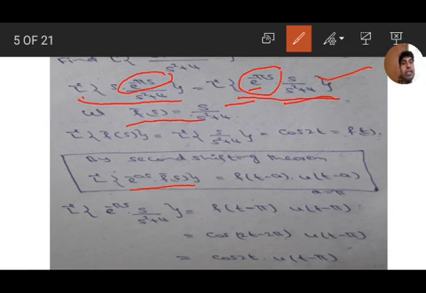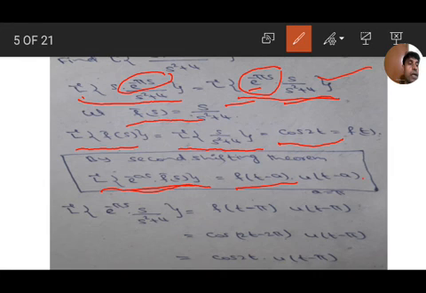So the inverse Laplace transform of f bar s, that is L inverse of f bar s equals L inverse of s by s square plus 4. Here 4 means 2 square, so s by s square plus 2 square. The formula gives cos at. Therefore here a equal to 2, that is cos 2t equals f of t. Take that as f of t. So by second shifting theorem, L inverse of e to the power of minus as into f bar s equals f of t minus a into u of t minus a, where a equals what? Pi. a equals pi, from e to the power of minus pi s.